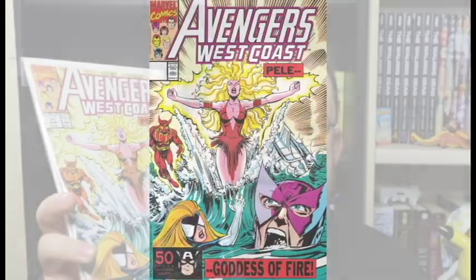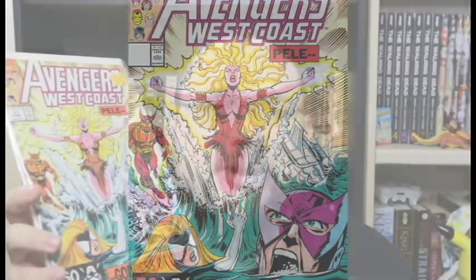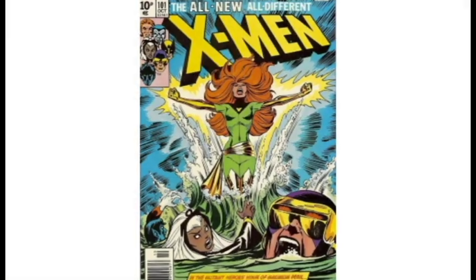The next book I picked up, what's really interesting about this one is, like I mentioned with the previous comic that I got, the X-Men 205, I actually got this one the same way in those mystery comic packs, the half price books. I opened it up and I pulled this one out. Now, it's an Avengers West Coast comic book. Those usually aren't very significant, but for me, I'll go ahead and show you why. This is Avengers West Coast number 71, and for me, what's significant about this is the cover. It is kind of an homage cover or cover swipe to the Uncanny X-Men, where it debuts the Phoenix in